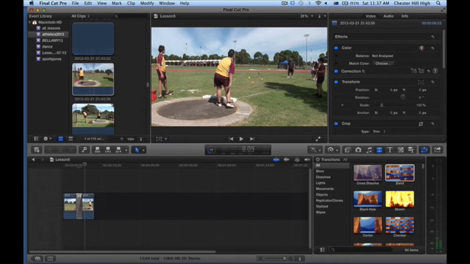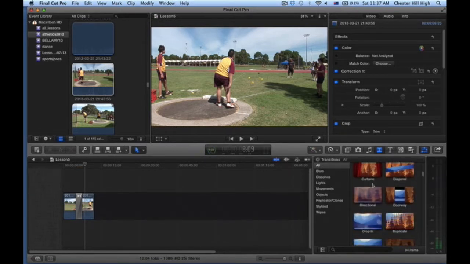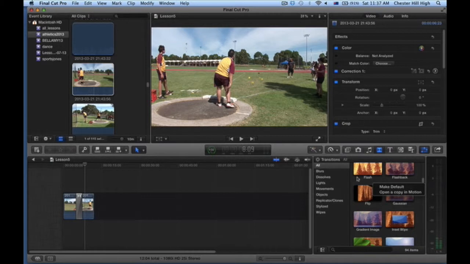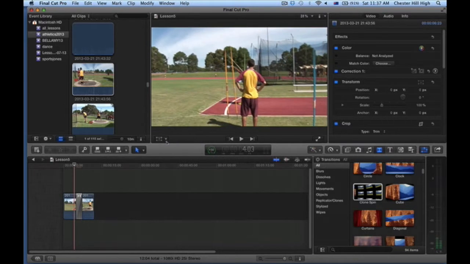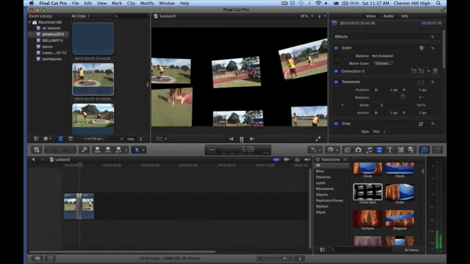Some of the transitions use the lighting, some of the transitions use cloning. Now, the clone spin is a rather interesting one to put in there. It will take a little bit of time to render. You do need to remember that these will take a minute or two to render. You can see here that the clone allows us to put a number of different images on the screen in between the two clips. Now, if we expand our project,